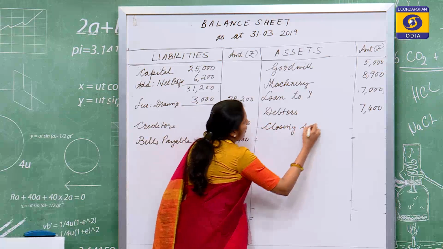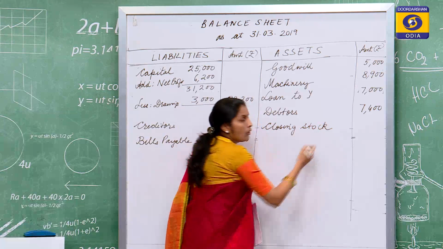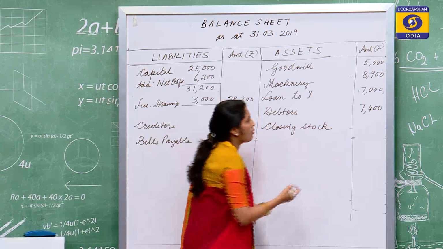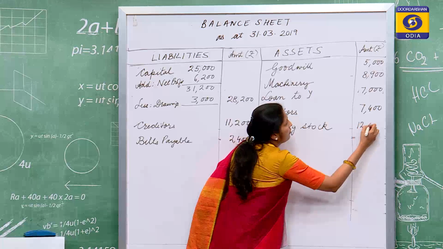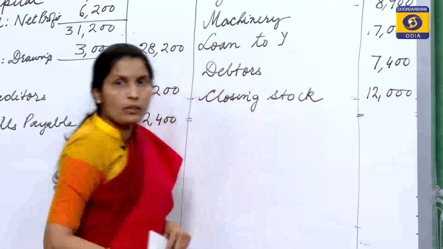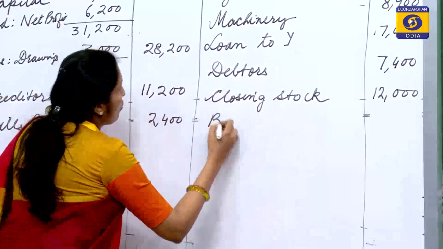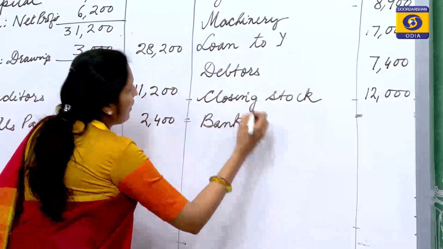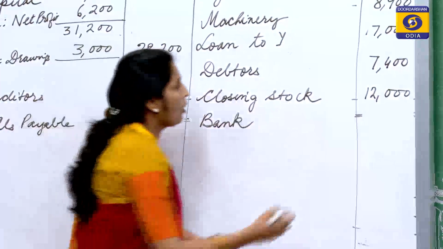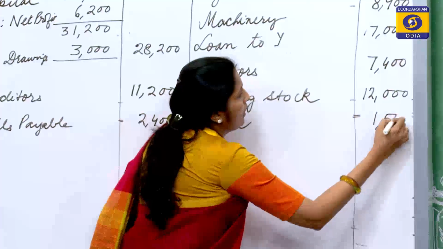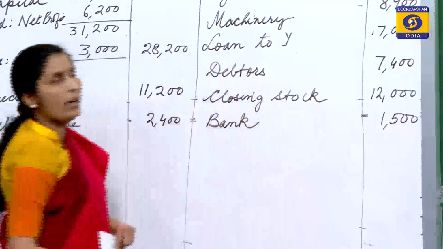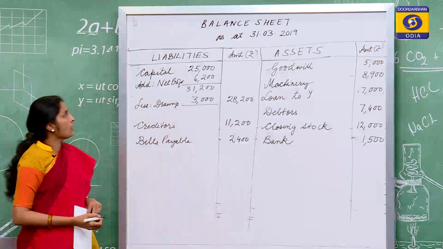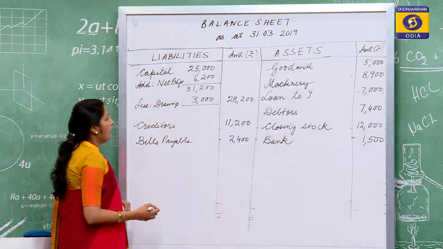So, closing stock on the asset side, the value of closing stock given to us is 12,000. And then we will have lastly bank. So, the bank balance or the cash at bank, the amount is 1,500. And after all the items are posted on the liability side and the asset side, now we will total both